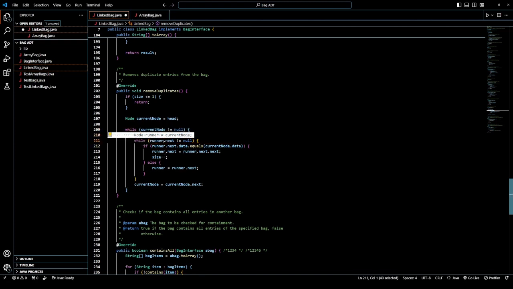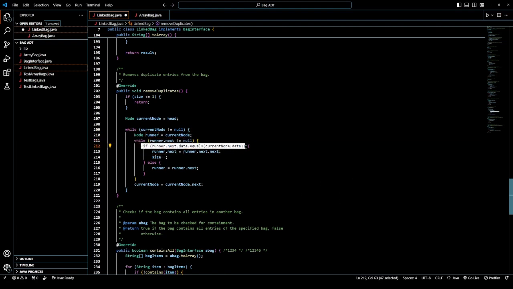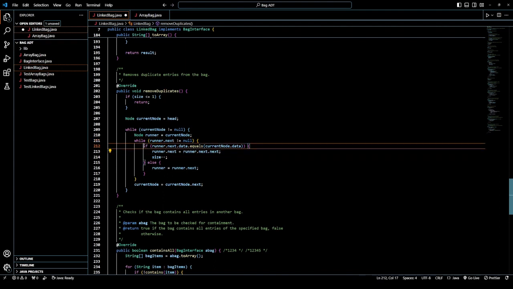We're going to use runner as our back and forth checker. So we're going to use runner. If the next is not equal to null, then that means we know we can continue to go. We're going to make sure the data of runner.next is not equal to the current.data. If it is, we're going to set runner.next to runner.next.next, which is